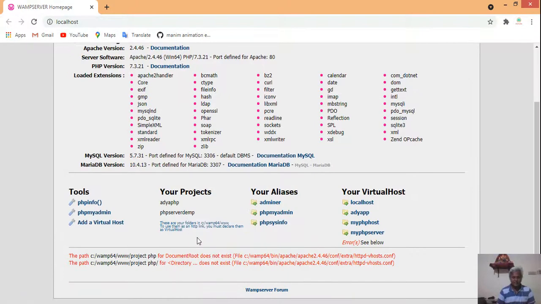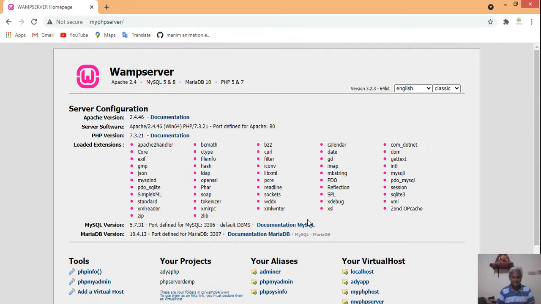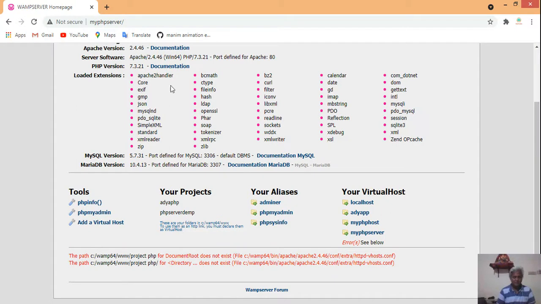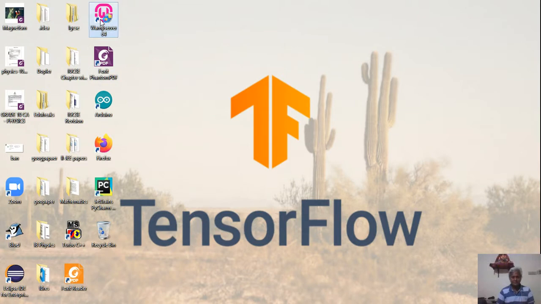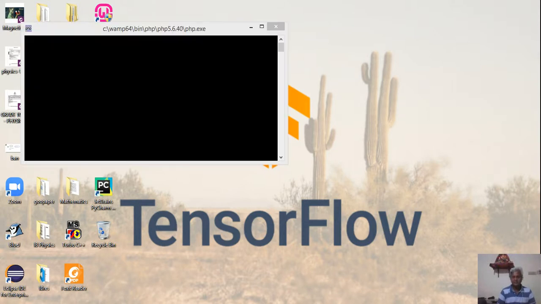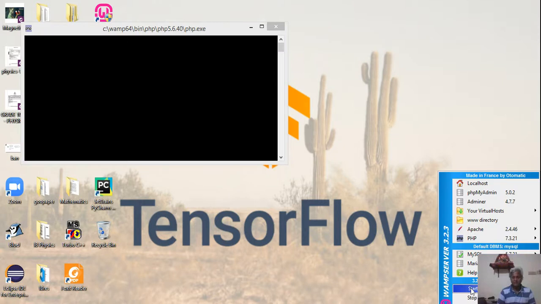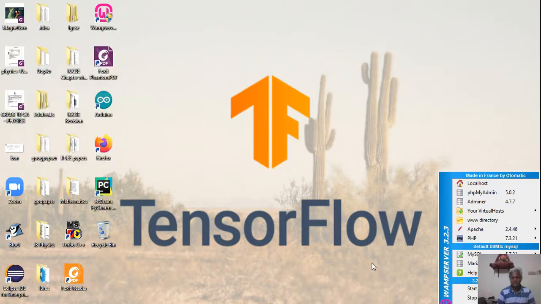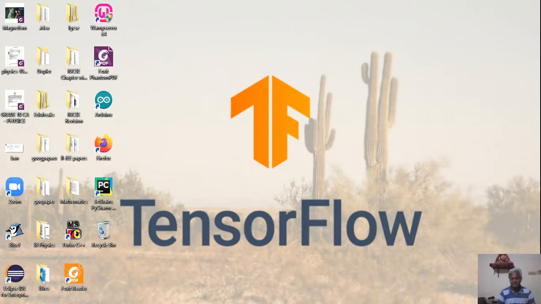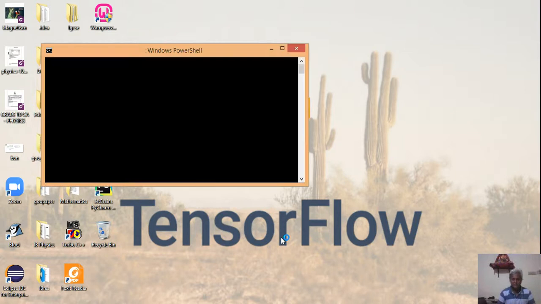So where it is, this is in the phpMyAdmin server. Here I click it, and then you see, I think I have to restart this because I created it just after running this. So let me rerun this server, because after creating the virtual host, you have to make this WAMP server ready, so you have to restart it. I could have stopped from here also. You could have stopped all services and then restarted all services. I simply exited and then I'm coming back. So this will just take a few seconds.